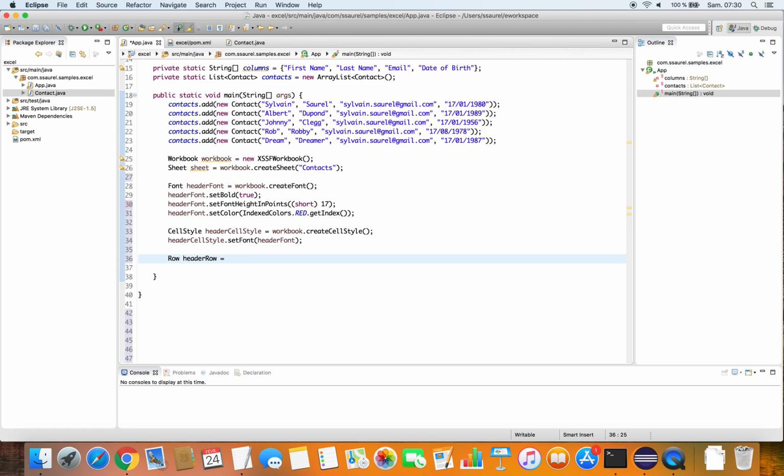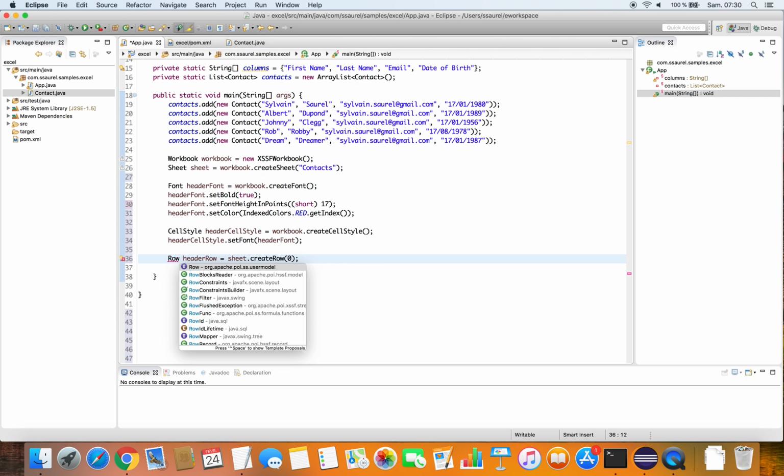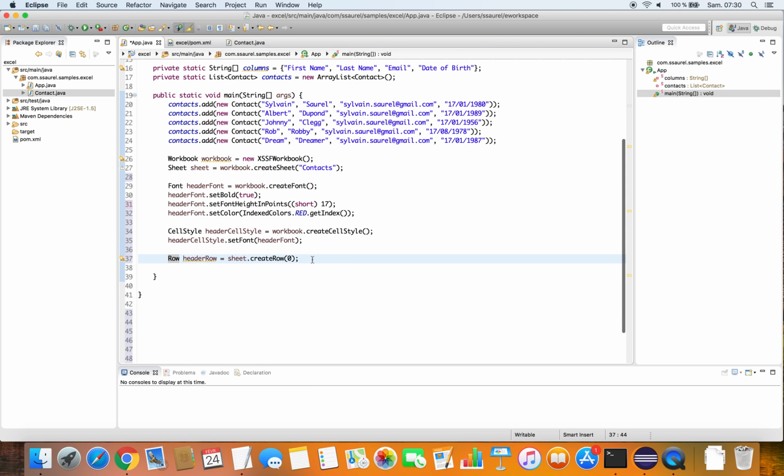Now we can create a row for the headers. We call the createRow method of the sheet instance. Like it is the row header, it will be the 0 index. Then we create header cells and we add them to the headers row.